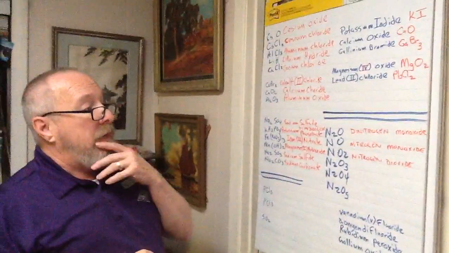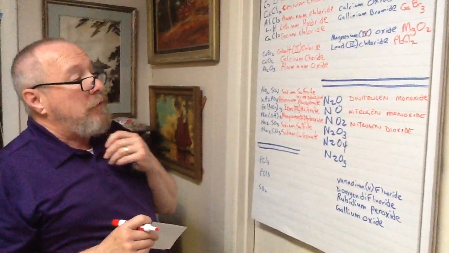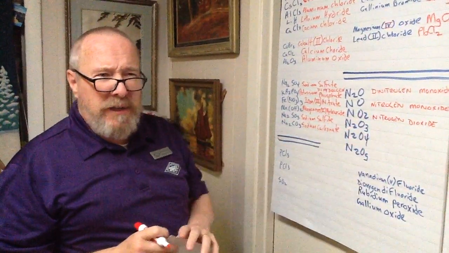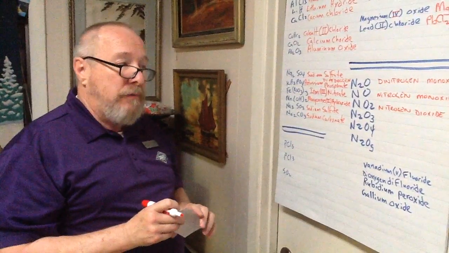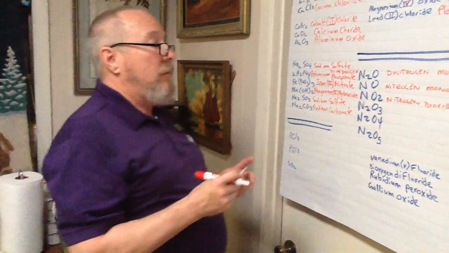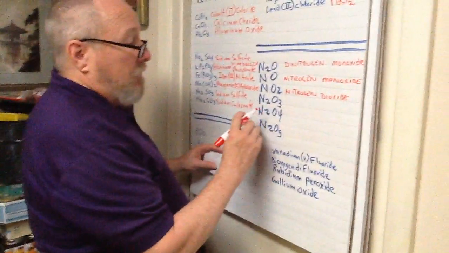And it's a brown gas. You see it contaminating solutions of nitric acid, for example. When it breaks down, it turns that nitric acid brown as the gas dissolves in the nitric acid and forms. The next three,